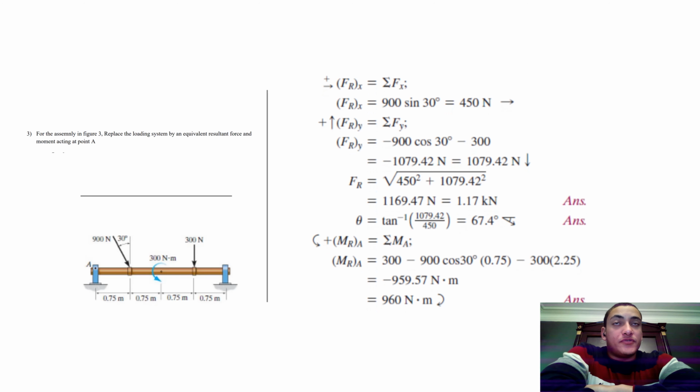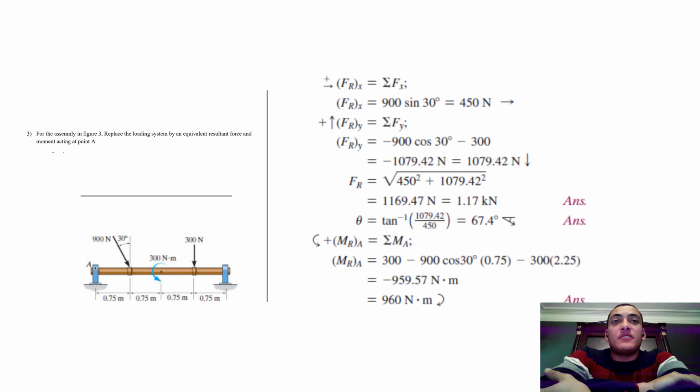So first we have to get the sigma Fx by using 900 Newton sine 30, which equals 450 newtons. That is the Fx, or the forces on the x-axis. And for the forces on the y-axis, we have to do negative 900 cosine 30 minus 300, basically the force pushing downward, which equals